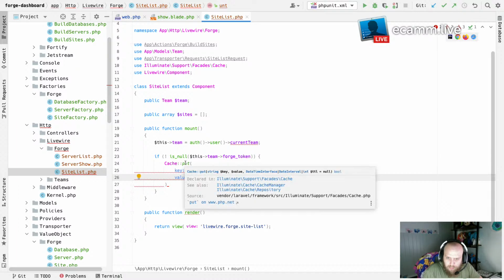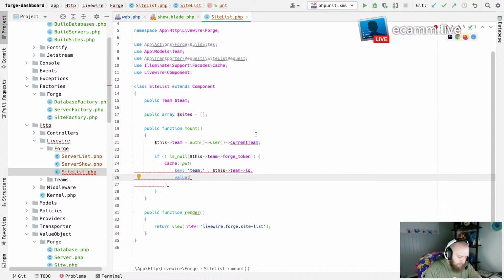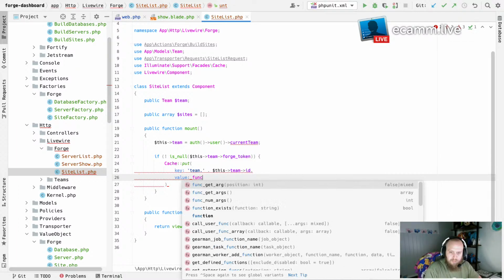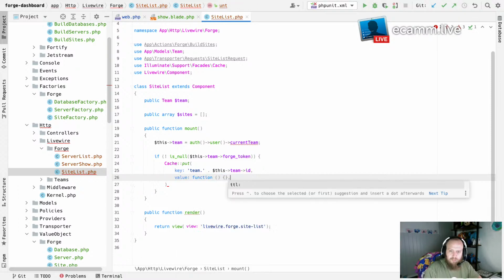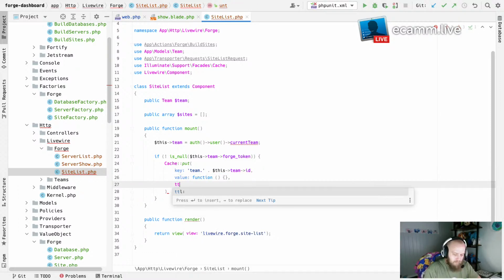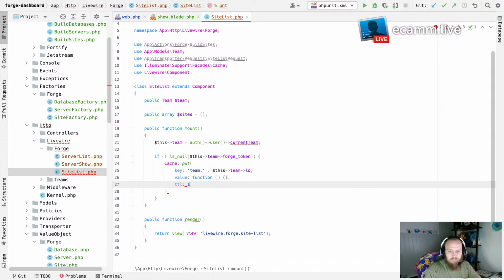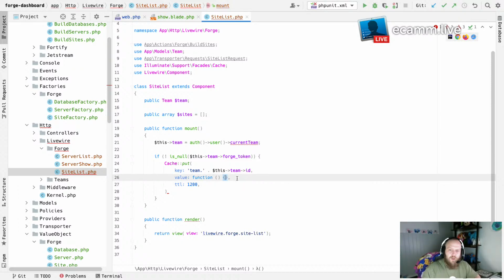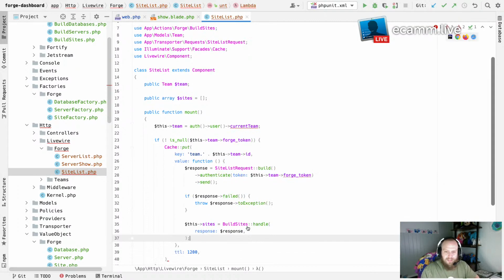Can that be a callable? Yeah, looks like it can be a callable. We set a TTL of like this. No, I don't think we. I don't want to push. The idea was that the idea is that the